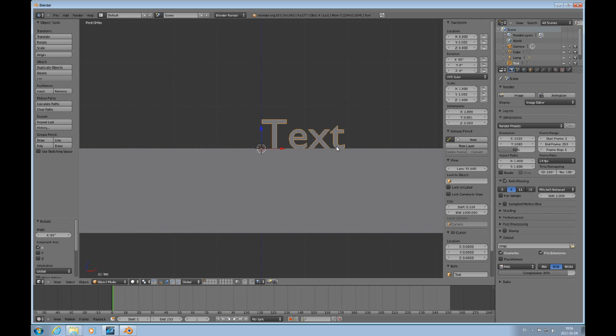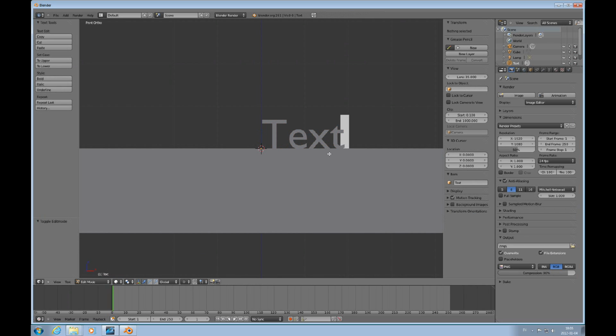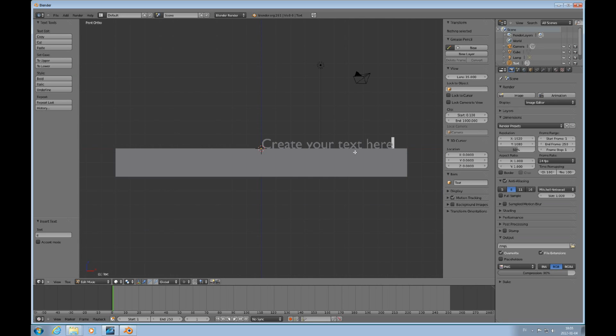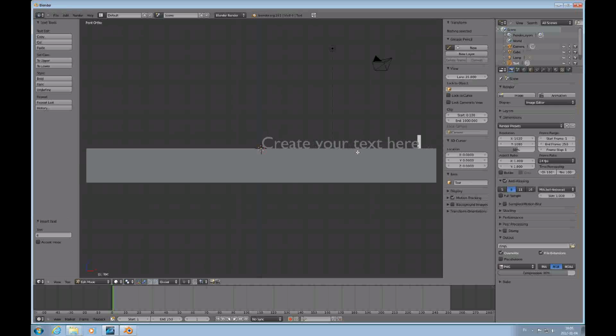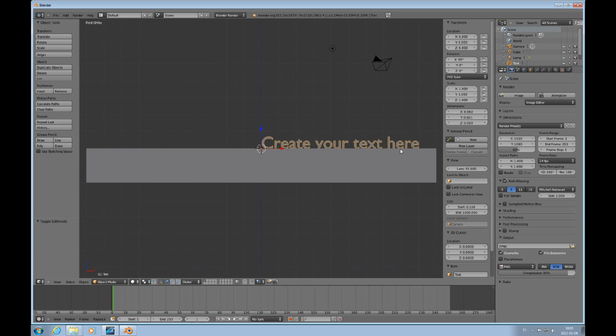And to edit the text, you can just press Tab to go into edit mode, or down here, and you pretty much type away, create your text here, just like that. And I'll go over to object mode by pressing Tab,